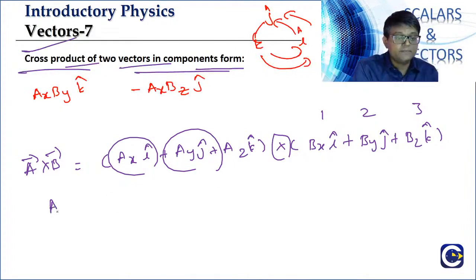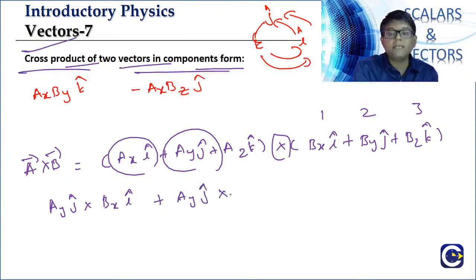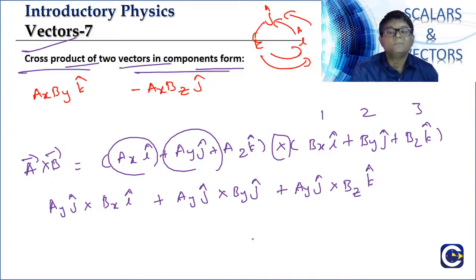Look at this, ay into j cross bx into i plus ay into j cross by into j plus ay into j cross bz into k. Again, associative law, ay bx